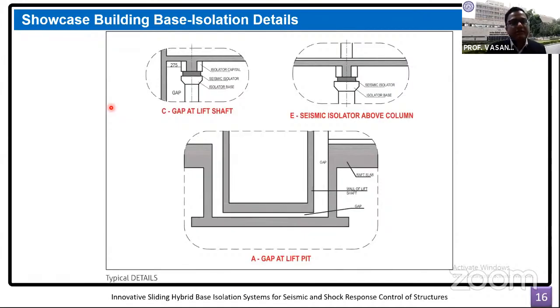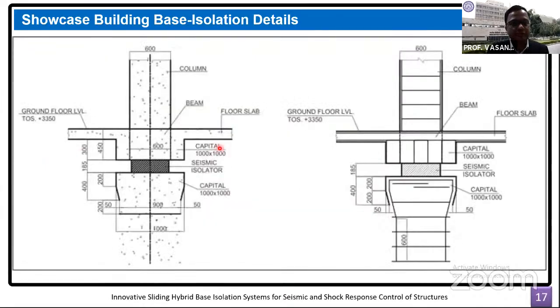One of the advantages of sliding isolation system is that the footprint of the isolation system is significantly reduced. And even within the sliding isolation system, the footprint, meaning the plan dimension, of the conventional single curvature friction isolation system is larger than the double curvature isolation system. In case of double curvature isolation system, the same effectiveness of isolation can be achieved with a smaller size isolation system when we see from the top. So these are the details at the level of putting the isolators.